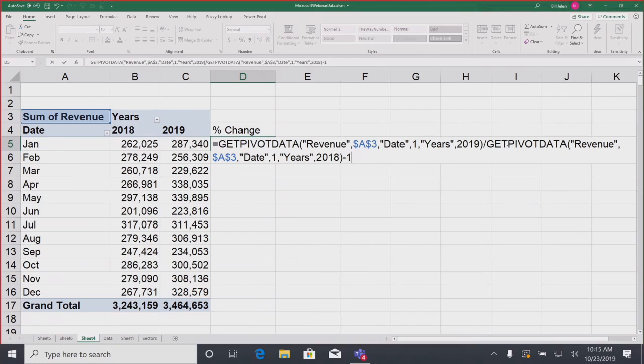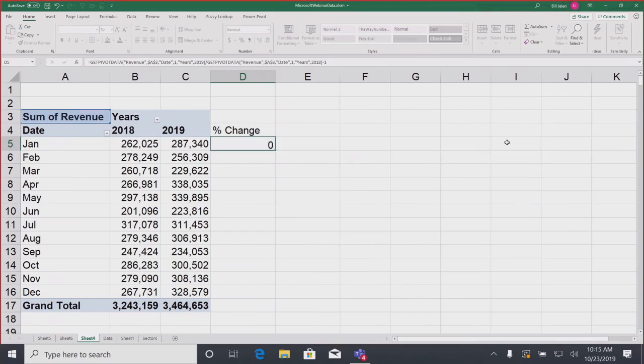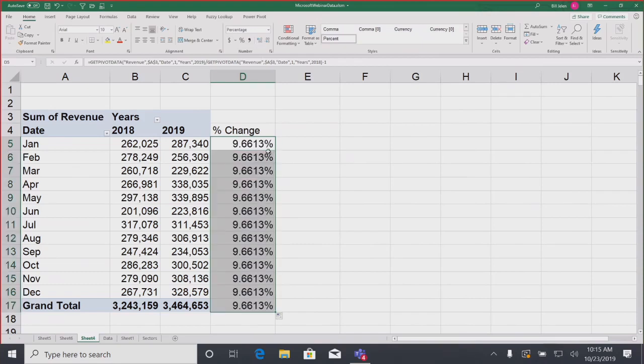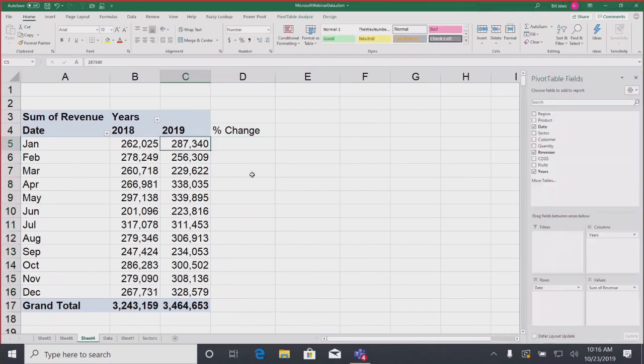What is this? This started happening to us back in Excel 2002, 17 years ago, with no explanation, right? People were freaking out back then, like, what is this? And the problem is that calculation is right. That's the right number. But when I double click to copy this down, it is January all the way down. It creates a formula that you can't copy. Now, 99.9% of the time, if someone's talking about GETPIVOTDATA, their question is, make it stop. I don't like this, make it go away. Later, I'll show you how we'll actually use that. But there are two ways to make it go away.